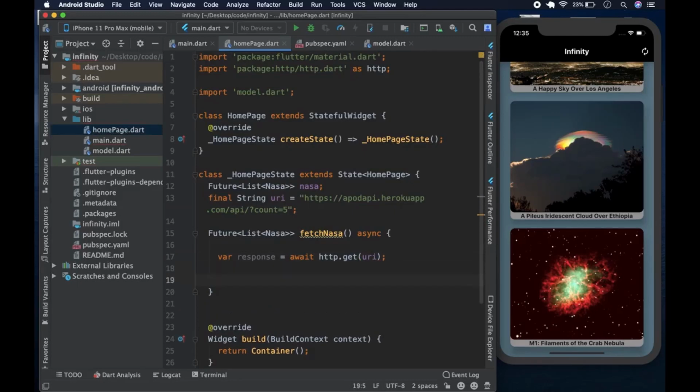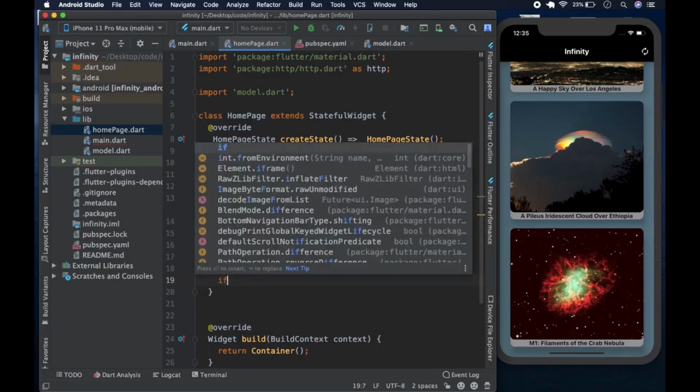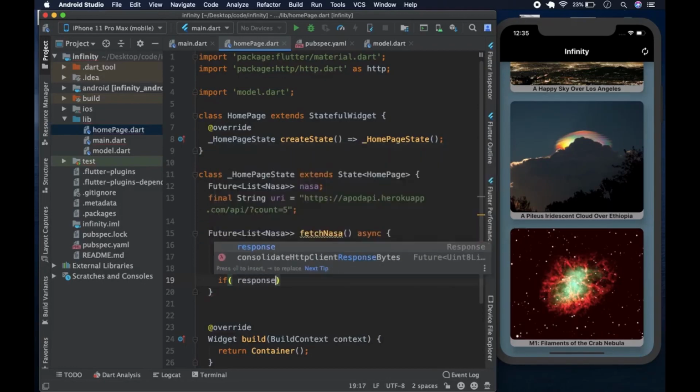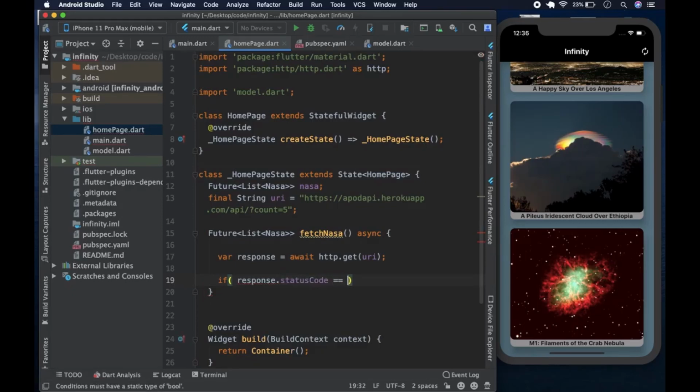And then we're going to check on the response object, what is the status code. If the status code is 200, that means everything has gone swimmingly, right? We're not going to check for other errors. We're just going to assume that everything has gone well, and that's what we're going to work with. So I am going to say if response.status code is exactly equal to 200, like so,